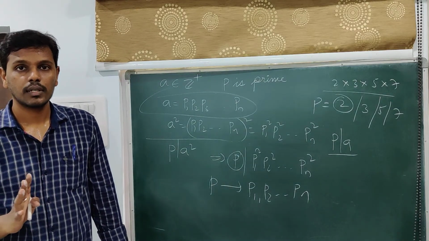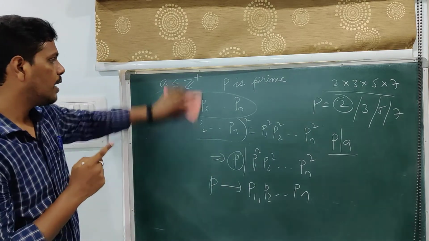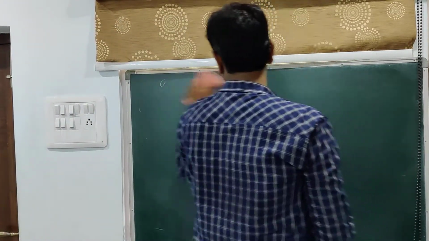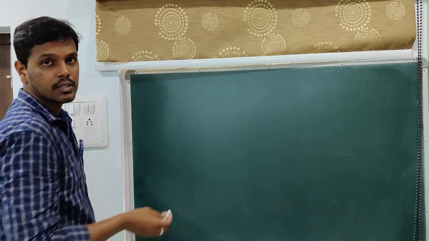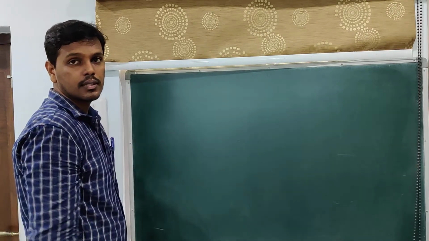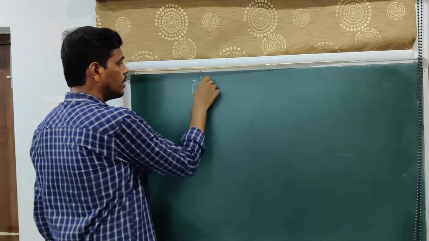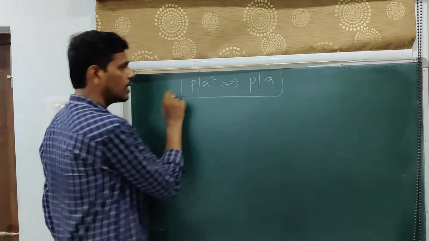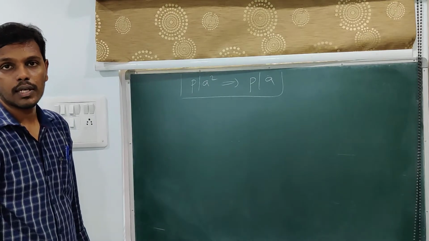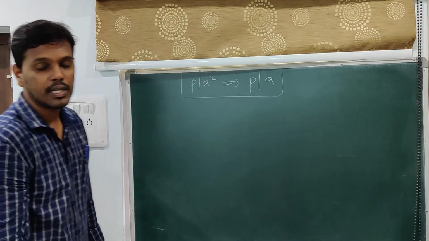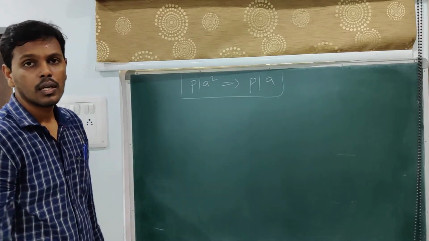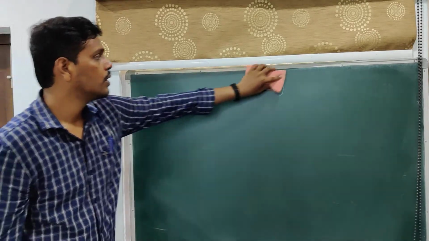So this is what I am trying to do, and in order to prove them, I will be making use of this statement. That is, if a prime number divides the square of a positive integer, then it also divides that positive integer. That is, p divides a square implies p divides a. Now this is what I will be using where and when required, where p is a prime number. If p divides a square, then p divides a. This is what I am going to use in order to prove the irrationality of some of the numbers. So that is what I am going to discuss now.